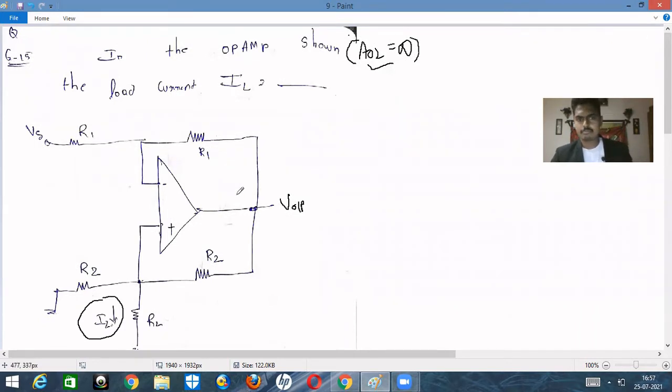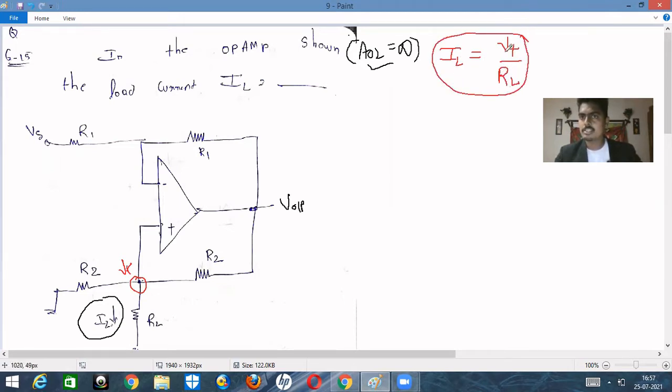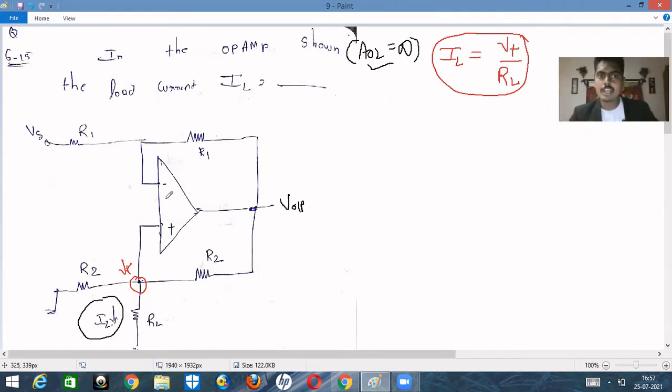There may be different approaches. If we know this particular voltage, which is nothing but V plus, then automatically what is IL? IL is nothing but current, and current is voltage by resistance. Voltage across it is V plus, divided by the resistance, which is the resistance RL through which the current flows. Therefore IL is equal to V plus upon RL. That RL value is not given. What we need to find is V plus; if V plus comes, IL comes automatically, isn't it? And if you know the value of V minus, definitely we can get the value of V plus, isn't it? So let's start.